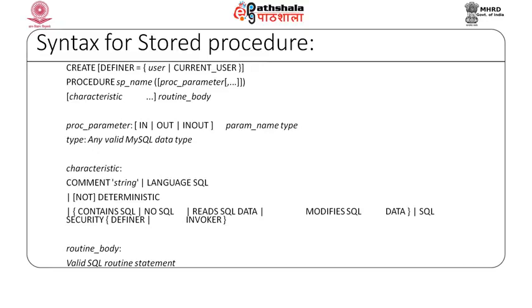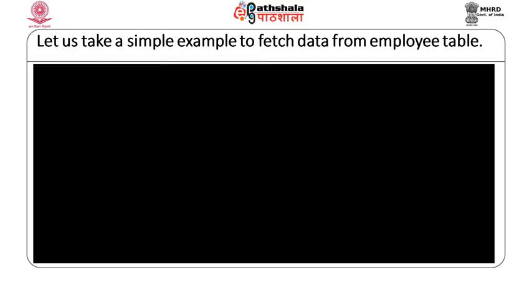The characteristics which are specified are all the optional characteristics which can be specified when declaring a stored procedure, that is, whether you are using language as SQL or you do not want to use SQL, NoSQL, etc. So, let us actually start with the first example of a stored procedure, a simple example to fetch data